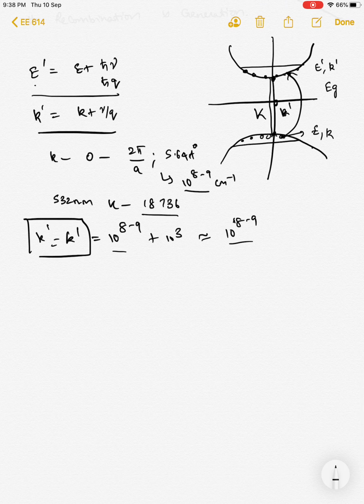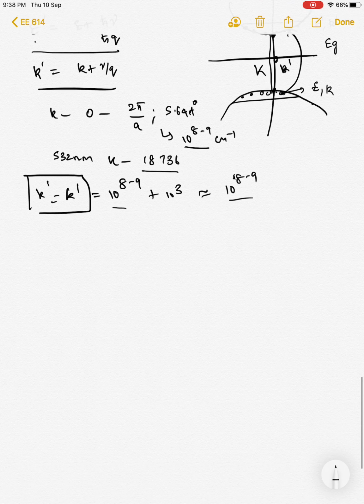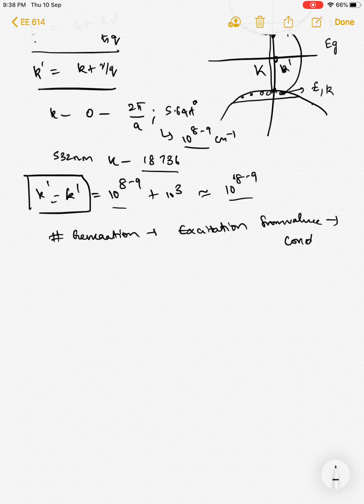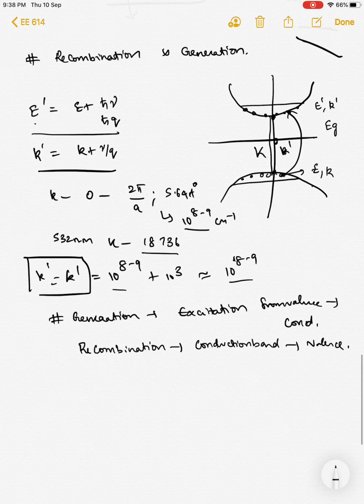The same thing in the reverse case. So basically, generation is excitation from valence to conduction, right? Similarly, the opposite case is called recombination, which is conduction band to valence. The same sort of selection rules, that is, it should have an energy conservation as well as